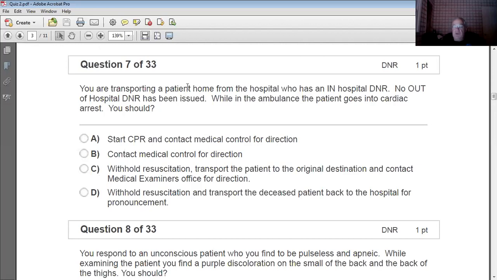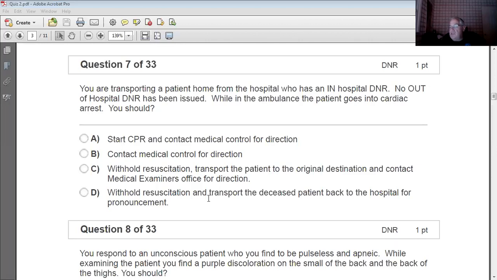So again, an in-hospital DNR is a document that's issued by either a hospital or a nursing home, okay? And it covers the patient when they're in the hospital and for the whole ride home, okay? So from the ambulance standpoint, it covers them for when we're taking the patient home, okay? So in this situation where the patient went into cardiac arrest in the ambulance from the hospital to the home, we would not start resuscitation and we would bring the patient back to the hospital. Okay, so it would be